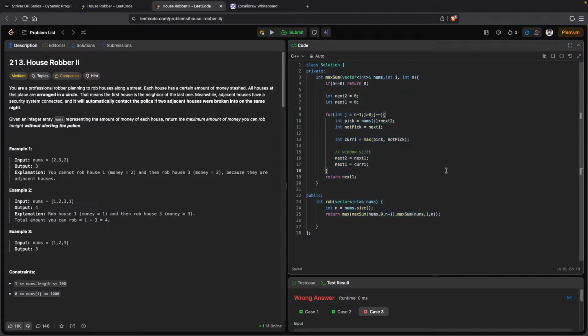I don't know what's going on. Let's, what we are using j in place of,